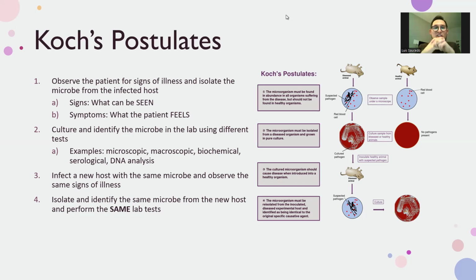Next, we're going to culture and identify the microbe in the lab using different tests. These are where your biochemical tests come in. You've done a lot of these throughout the semester. Remember your microscopic, macroscopic, biochemical tests, DNA analysis, serological tests. These are some examples. Step 3 is to infect a new host, either different types of cells or something that's living, and observe the same signs of illness. And then in step 4, you're going to make sure it's the exact same microbe by repeating the same steps you did in step